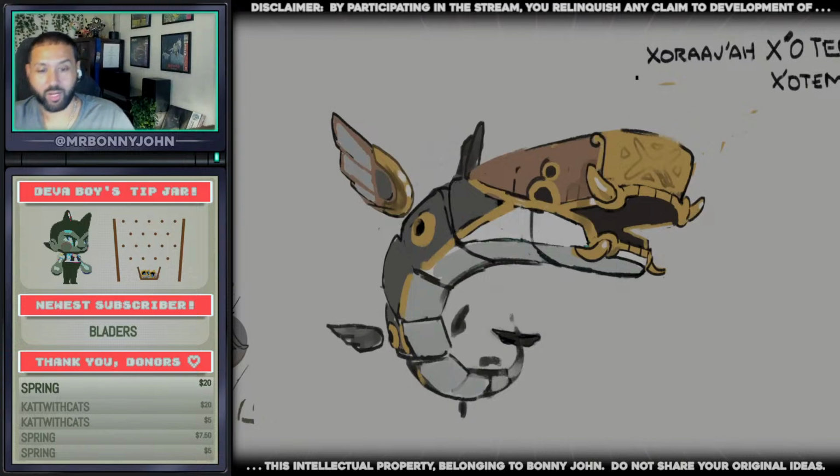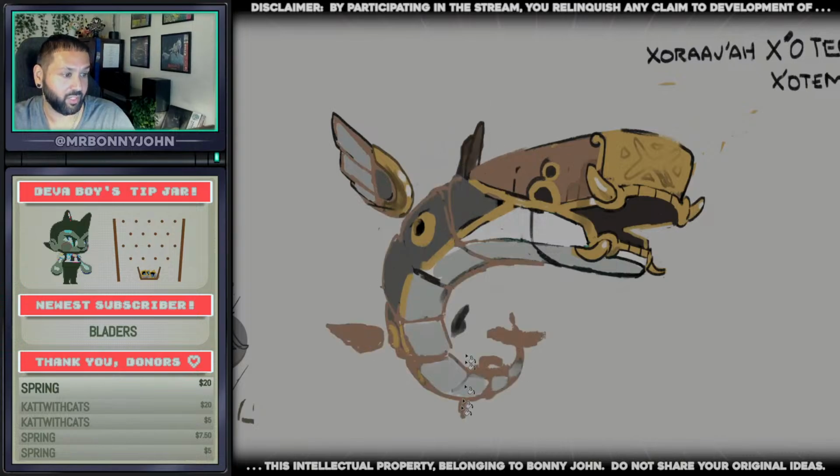Hmm. Might need a little more brown. Oh yeah, you know what? Well, I guess so the brown would be on the wings, right? So let's just say,